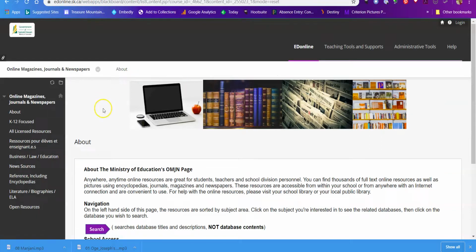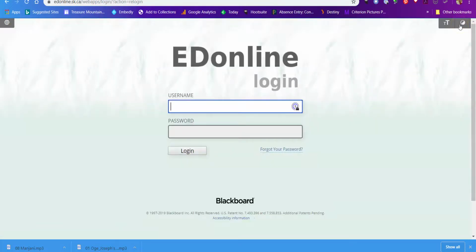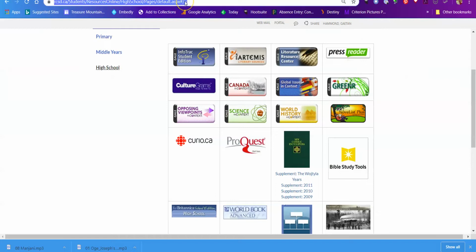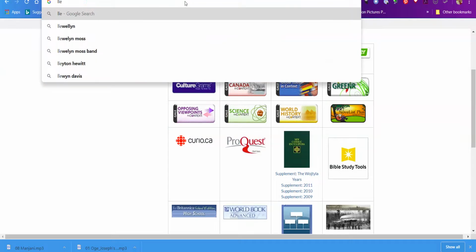That will take you to Blackboard, which is run by the Ministry of Education, Government of Saskatchewan. It requires you to log in with your own login for the ministry. Now, all students do have a login for the ministry, although we rarely use them. But to log in, you're going to click over here at the top to get the login screen. The login will be your first name dot last name, and the password will be your birthday as a 4-digit number. So I'll just show you here as an example, and I'm just going to go back to the Boldus homepage